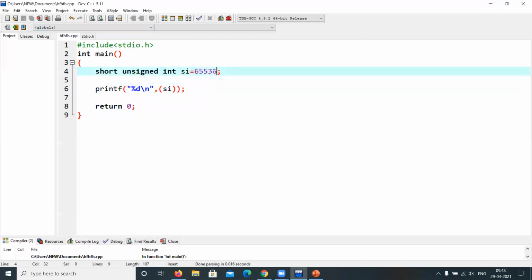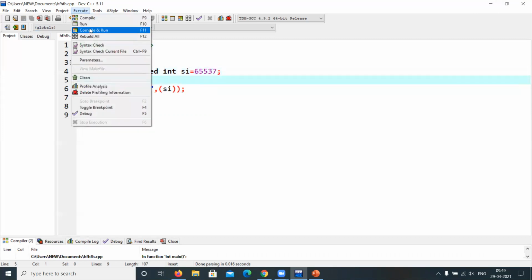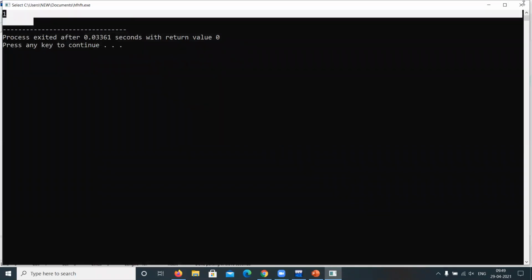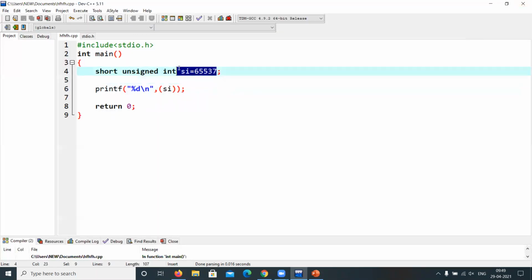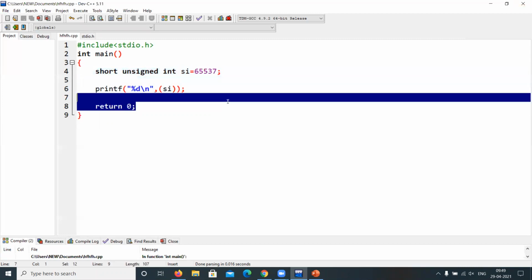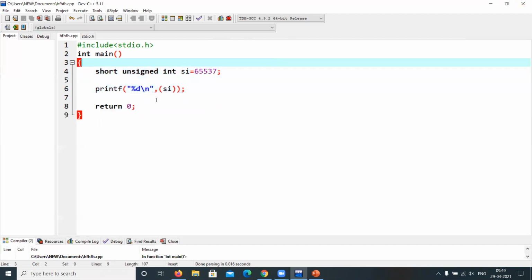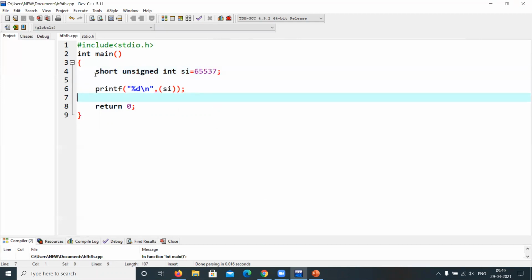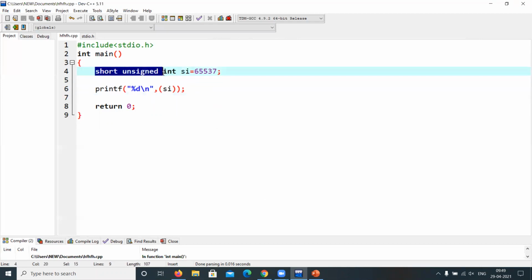When I take one more thing beyond the range, let me save this and execute one more time. See, when you go beyond it, which means the maximum, this element minus maximum, we are getting as output. Clear? And this is the same for everything, the double, floating point, everything. Let me check out everything's sizes, okay.